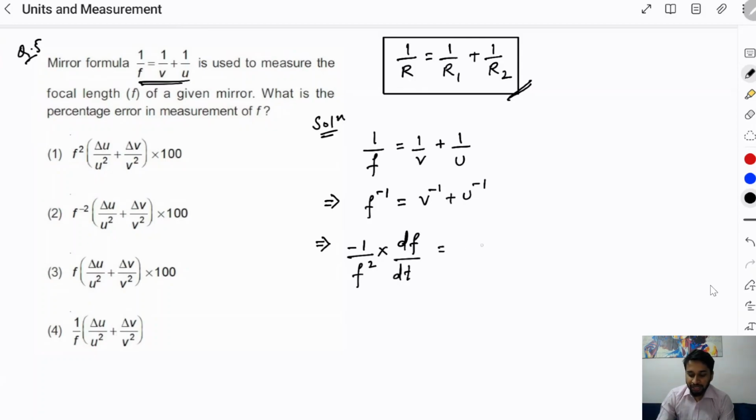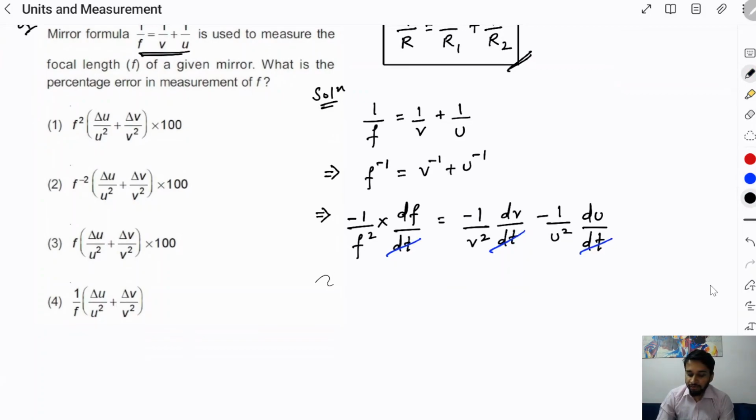Similarly, on the right side we'll get minus 1 by V square into dV by dt. I hope you are following. Next we will get minus 1 by U square into dU by dt. Now dt will get cancelled everywhere, and if we cancel out the negative as well, we will get the relation dF by F square